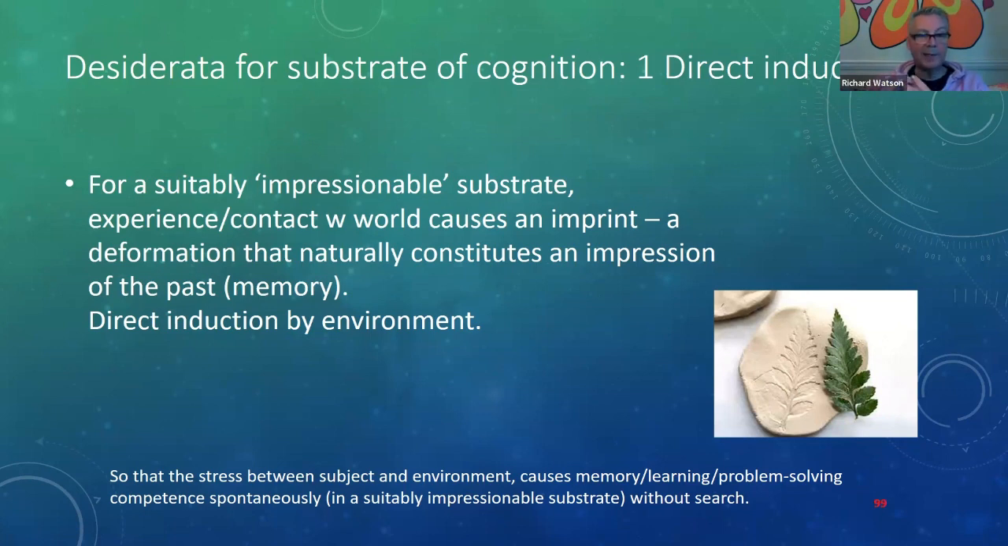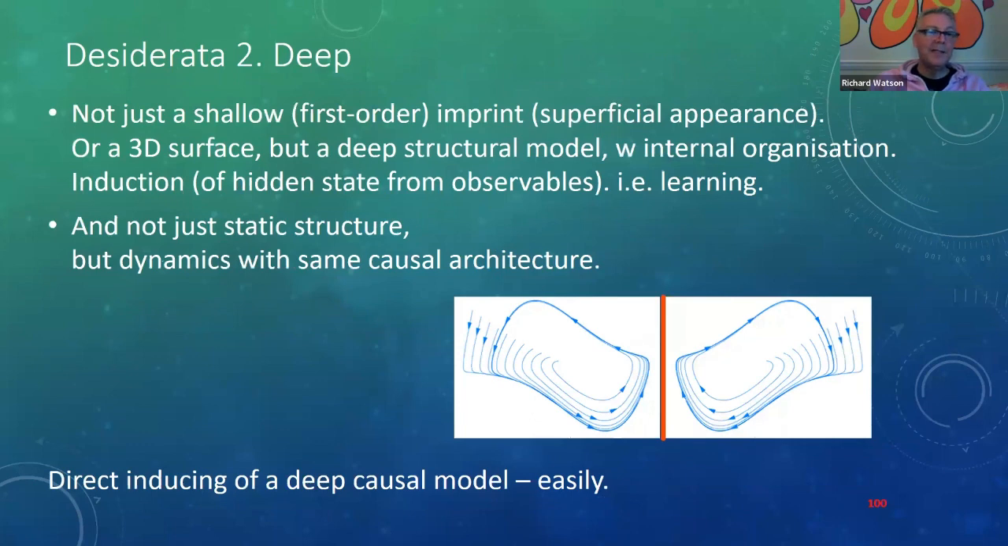Memory should happen by direct induction by the environment, so that stress between the subject and the environment causes memory, learning, problem-solving competence spontaneously when it's in a suitably impressionable substrate without needing to do search. In other words, it's a transformational theory. But it needs to be deep, not just a shallow or first-order imprint like your hand in clay, just the superficial appearance, not just a three-dimensional structure, but a deep structural model with internal organization that's induced by contact with